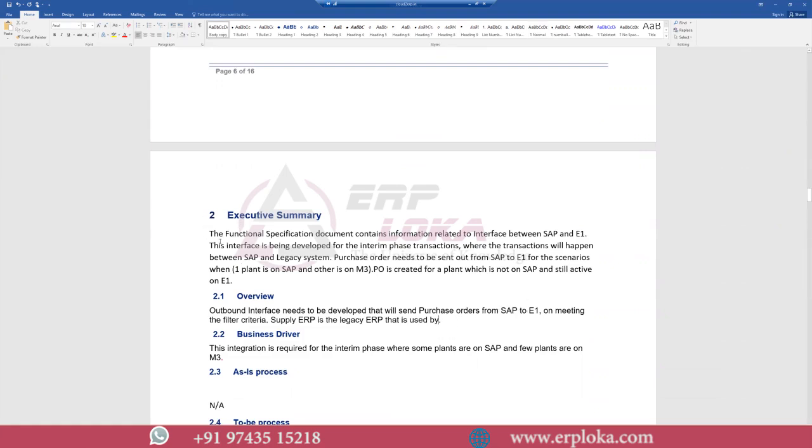So the functional specification document contains information related to the interface between SAP and E1. SAP is nothing but our system, and E1 is nothing but the supply system. This interface is being developed for interface transaction, where the transaction will happen between SAP and the legacy system. Purchase order needs to be sent out of SAP to E1 for the scenarios when one plant is on SAP and the other is on M3. M3 is another